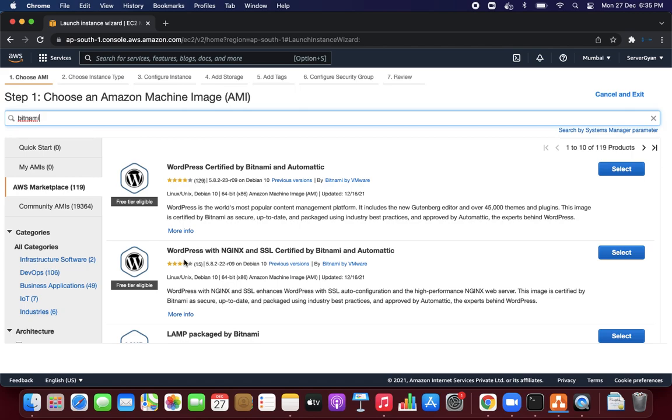There are two things. First of all, if you want to have an SSL certificate integrated with it, you can select this image. But for now, we do not want an SSL certificate with our web server, so we are going to choose this one. Both options are available. You need not do anything. An OpenSSL certificate will be made available to you if you are not going to use any other, like a DigiCert certificate. Then you can select the open source one, right? But for now, if you see the reviews, we are getting 4 stars here, and 129 users have commented on this, whereas the other one also has 4 stars but only 15 comments. So for now, we are going to select this one.